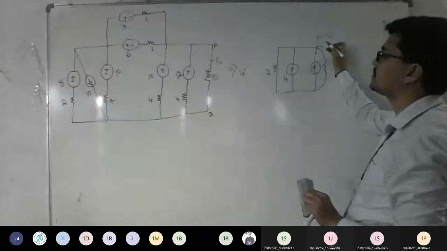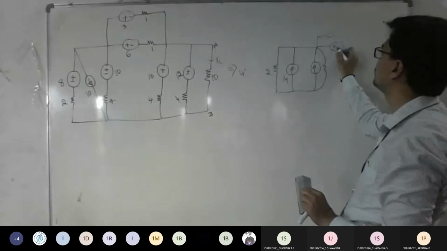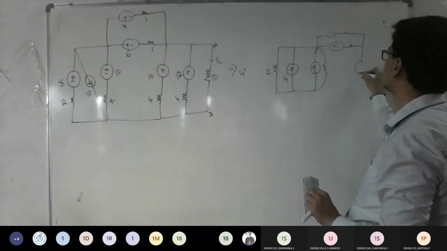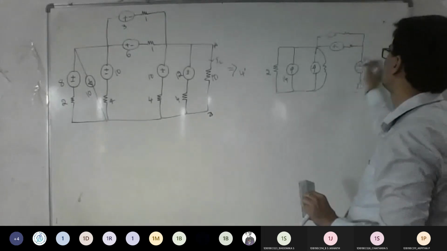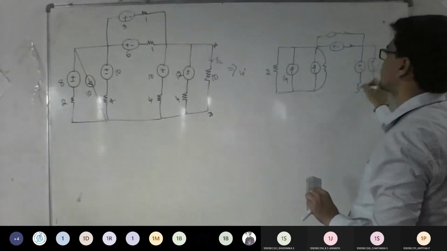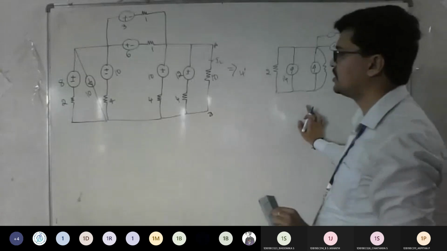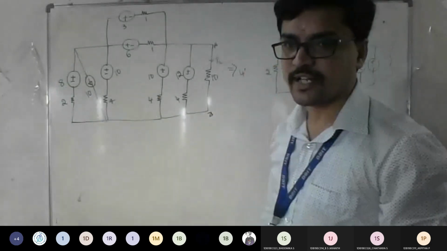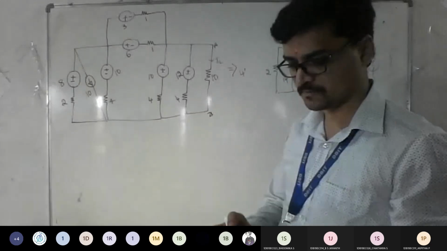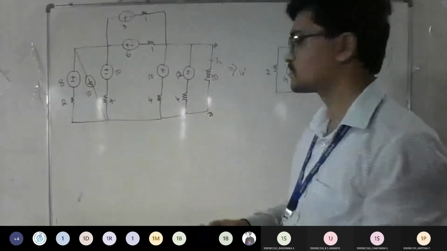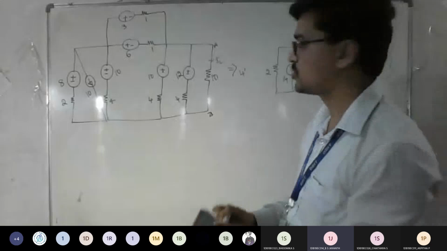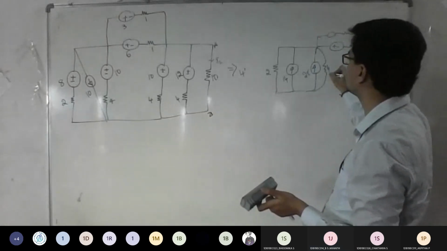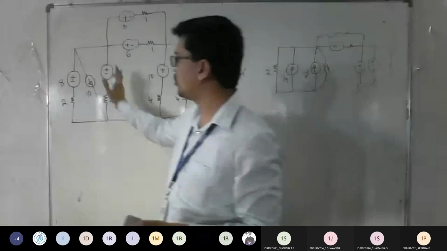Okay? So you're not supposed to alter anything in the original circuit. Keep it as it is. So let me redraw the things. Try to show the steps clearly, everyone. Now 10 by 4, I is equal to V by R. So 10 by 4, how much? 2.5 amperes, sir. 2.5. Good. So 2.5 amps and the 4 ohm will be as it is.